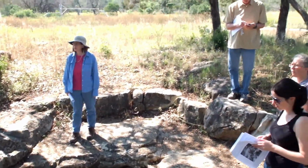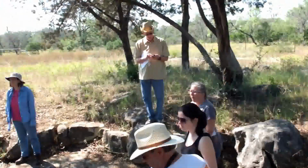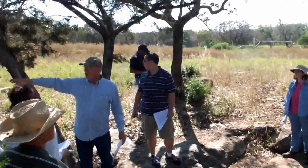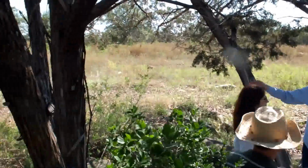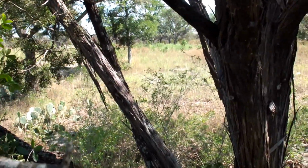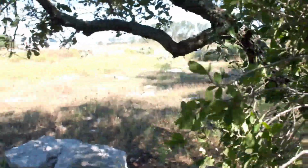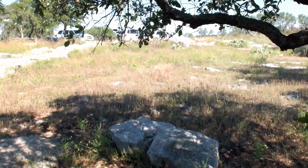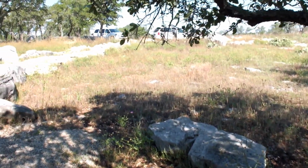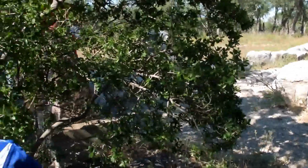If you look around, we're in the low end of a shallow sink. I mean, it's probably got a 3 to 5 acre drainage area here just on the crest of this hill. This is the Ellenberger Cave, and as they said, it's about 155 foot deep, something like that. Straight down? Yeah, straight down. So was it like this? Yeah. Like this? Yeah, I haven't been in this one,